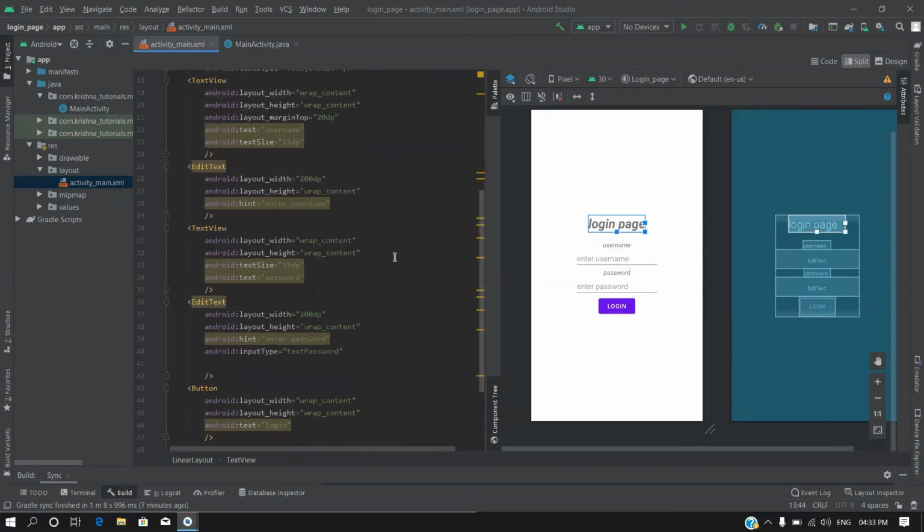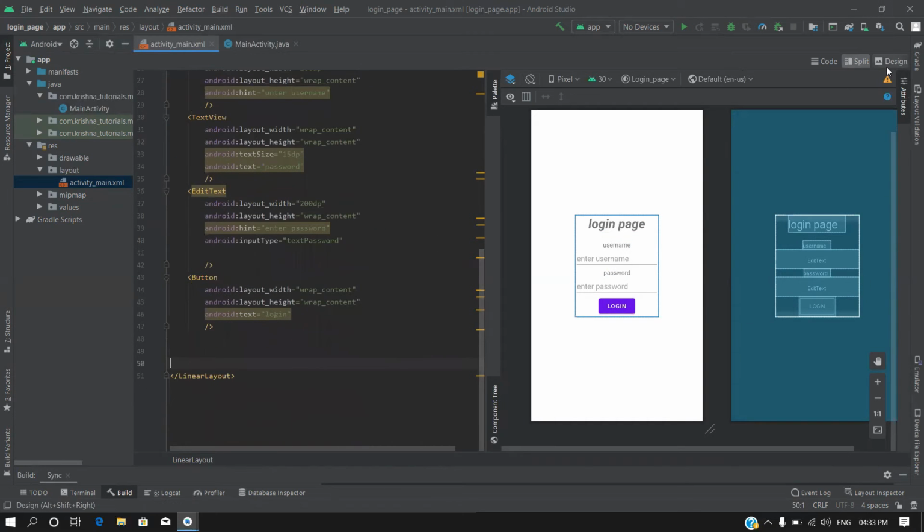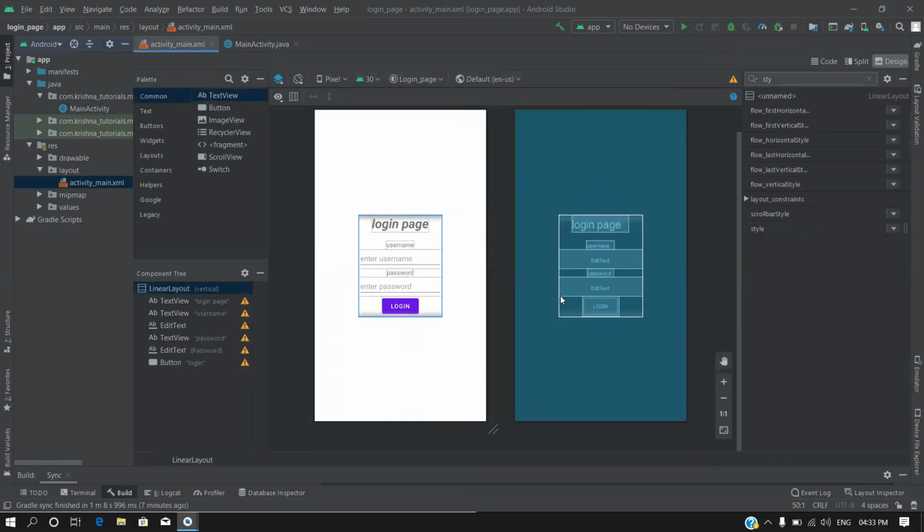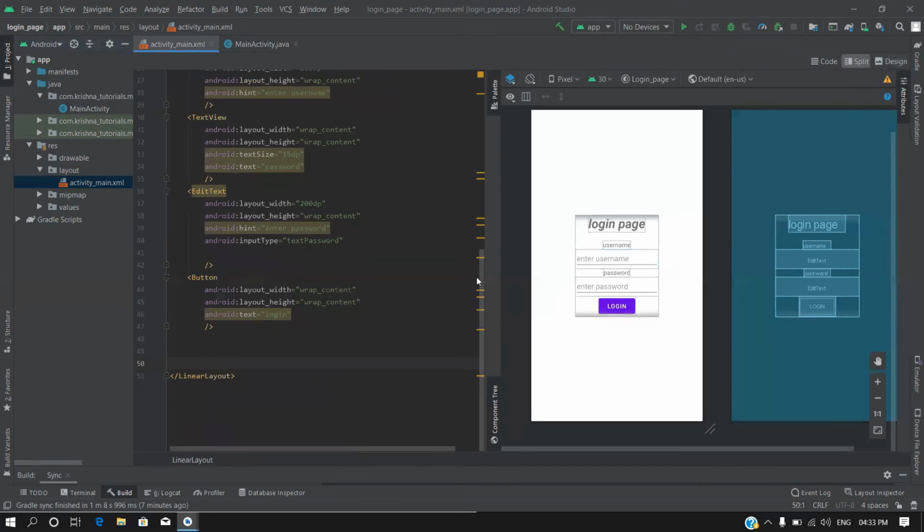So here my UI for this login page is ready, and I can see this is how it will look when I run this code.